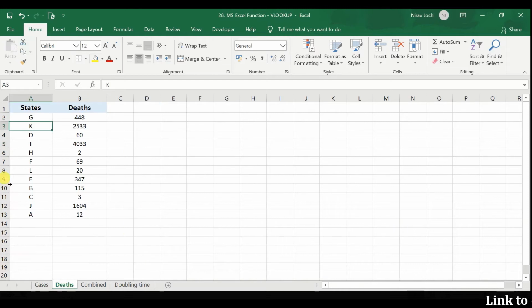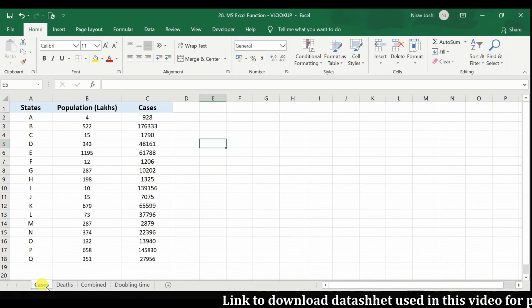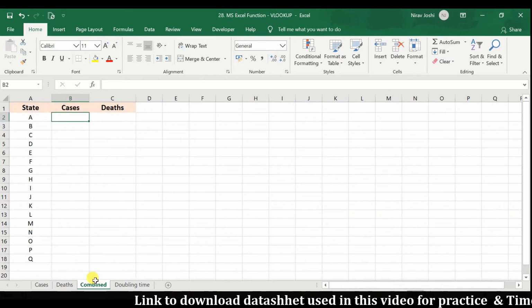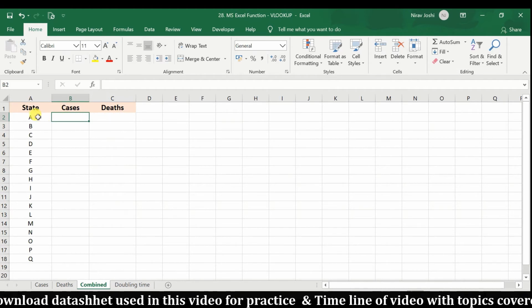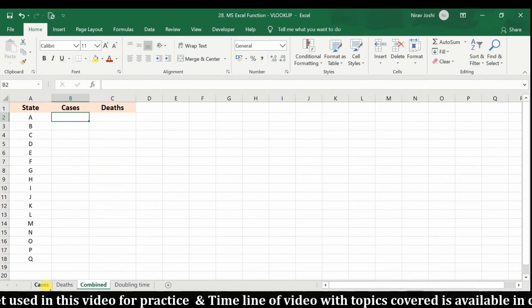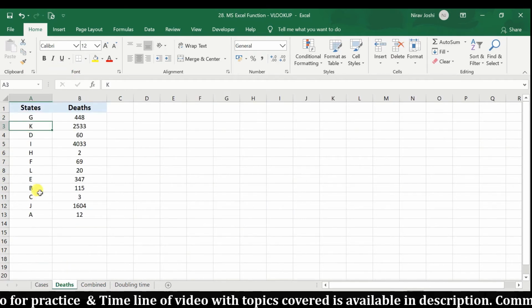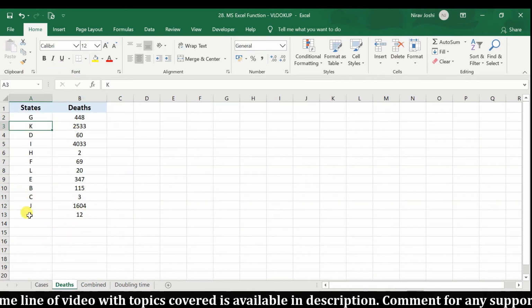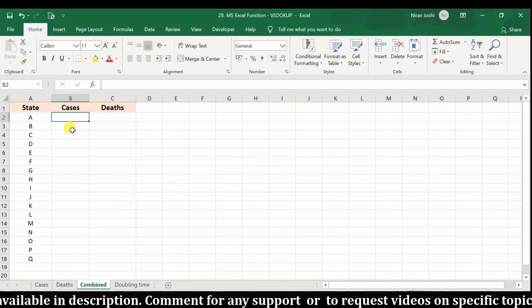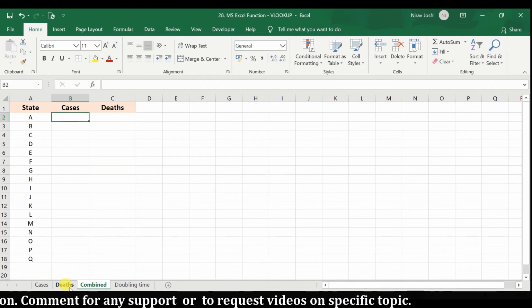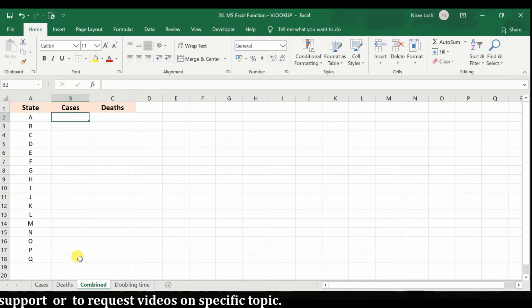Also, we have another data set in which we have names of states against which there are number of deaths due to that particular infection or disease. But here the sequence of states is different compared to this data set. And eventually, what we want is to have number of cases and number of deaths against a specific state. Now, these states may or may not be available in this specific list. Like here the number of states is lesser compared to this one. So we would try to fetch these specific numbers from these two different data sets into this single one.